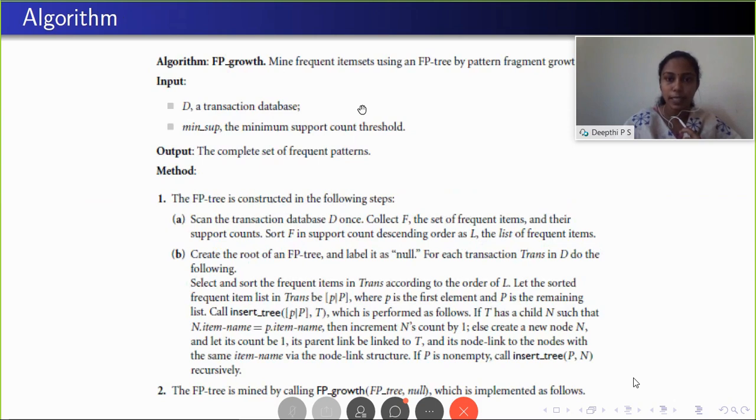The third set is from root node I1, I3. This is a different branch from root. The other paths were in the left subtree only. You reach I2, then you can reach I3, or you can reach I2, then I1, then I3. But this is a different path, the right subtree of this root node. That is I1, then I3. So I1, we can record it here. The support count is 2.